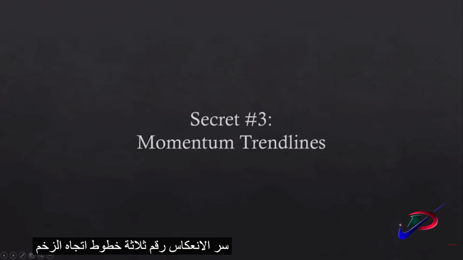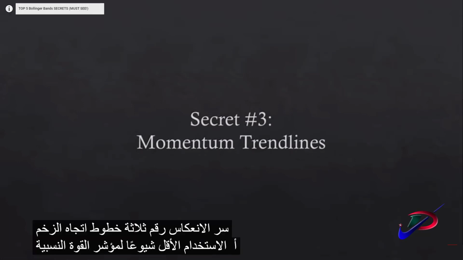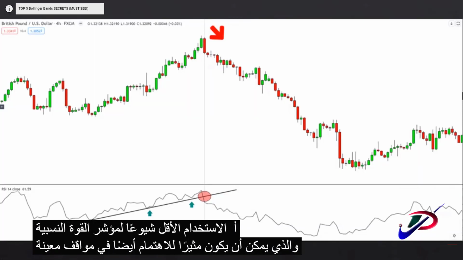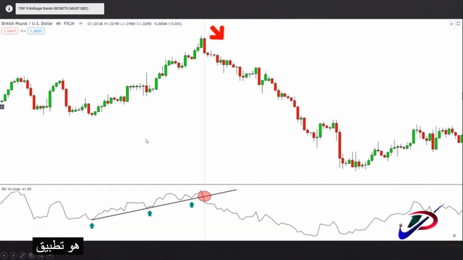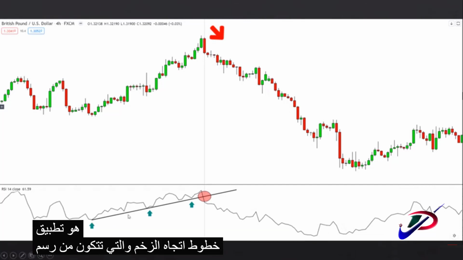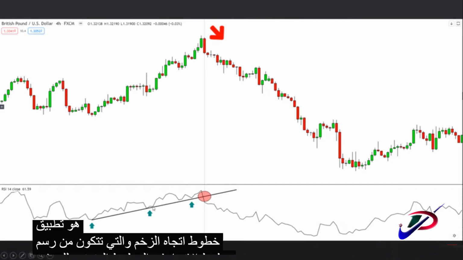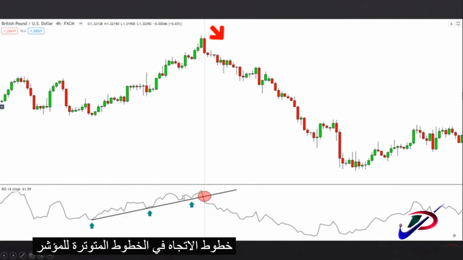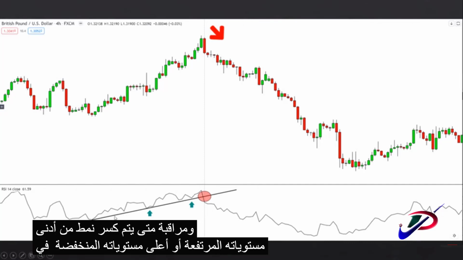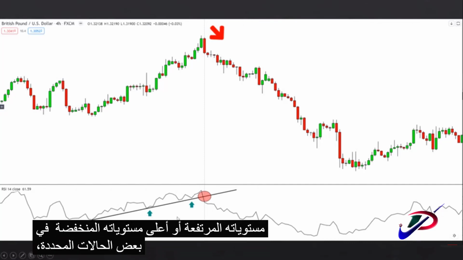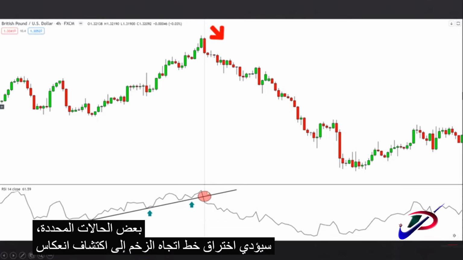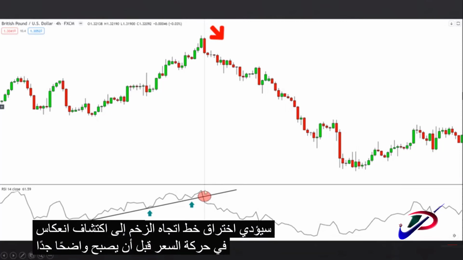Secret number 3. Momentum trend lines. A less common use of the RSI indicator that can also be interesting in certain situations is the application of momentum trend lines, which consists in drawing trend lines in the jittery lines of the indicator and observing when a pattern of successive higher lows or lower highs gets broken. In some specific cases, the breakout of a momentum trend line will spot a reversal in price action before it